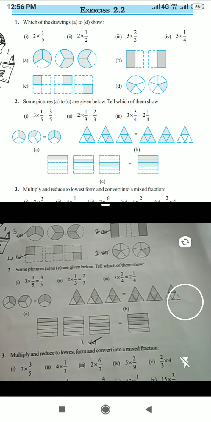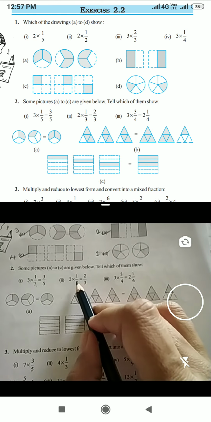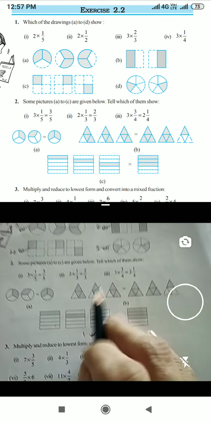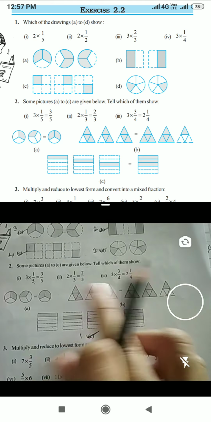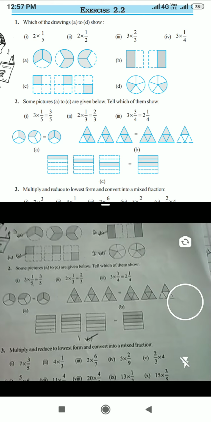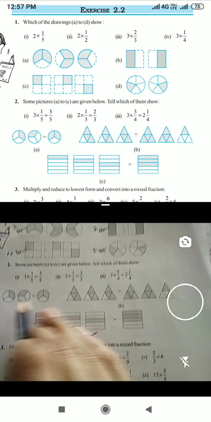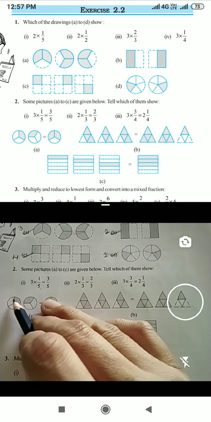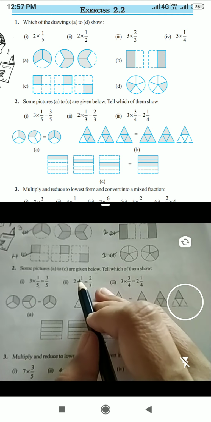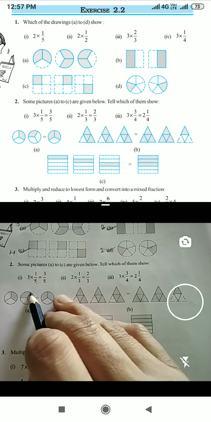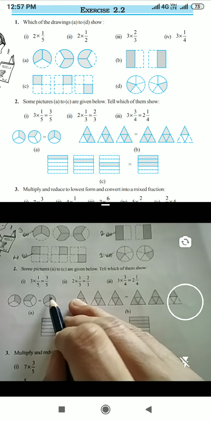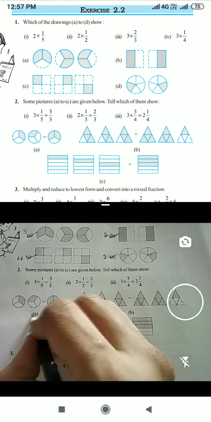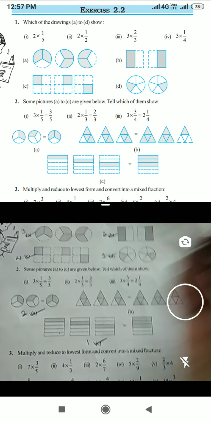Okay. Now second. 2 into 1 upon 3 is equal to 2 upon 3. Means 2 whole should be there. Come on. Now this and this we have to compare. Which has the 2 whole figure? This one has the 2 whole figure. The A1 has 2 whole figure. Here we have 3 whole figures. So 2 whole figures. In that 3 parts should be there. 1, 2, 3. Yes, it has 3 parts. And one should be shaded. Yes, one part is shaded. Now the answer is 2 and 3 parts. Correct. Now the A1 is our second answer.